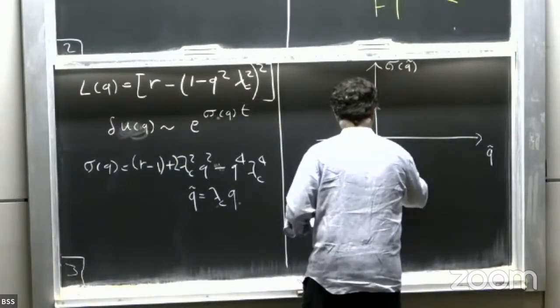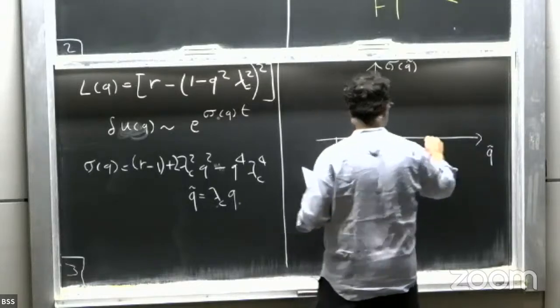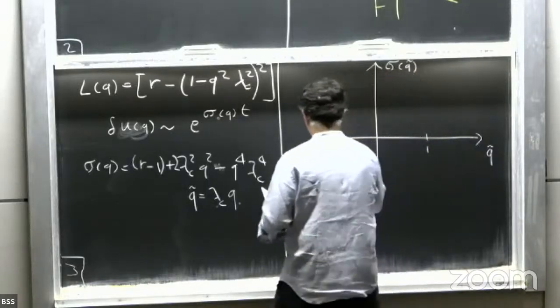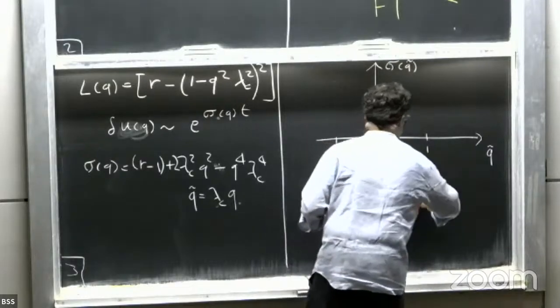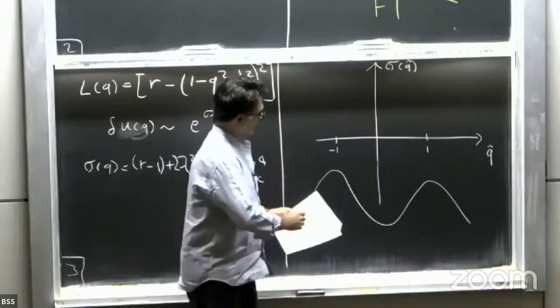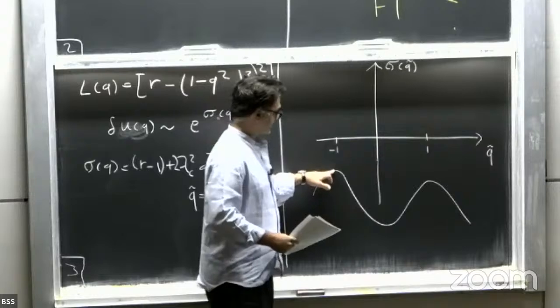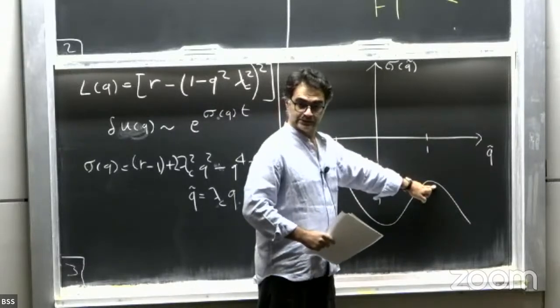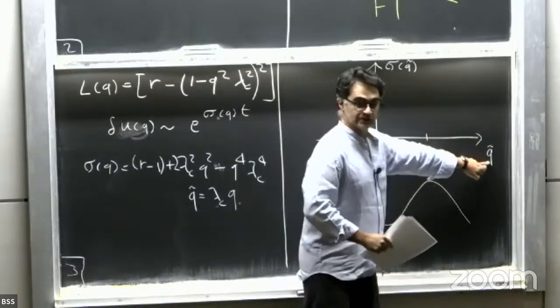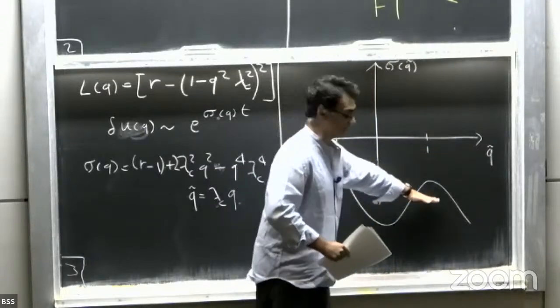These curves will typically look like this, where this is -1, this is 1. When you study this function by taking a derivative, you discover that the two maxima are at q star equal to 1 and -1. This is for some value of r